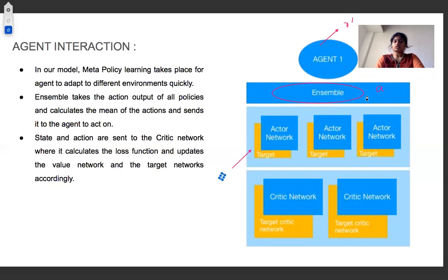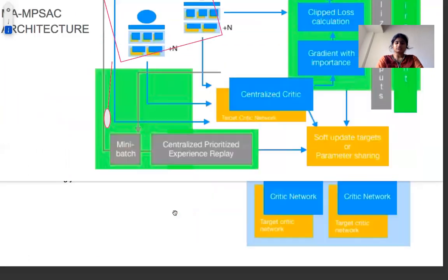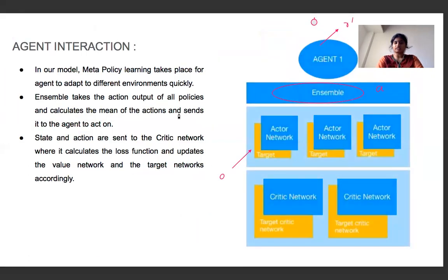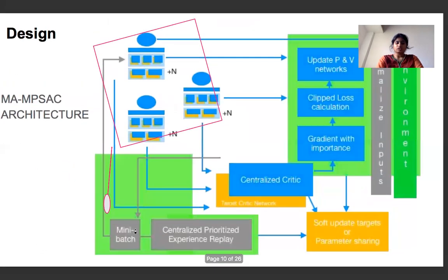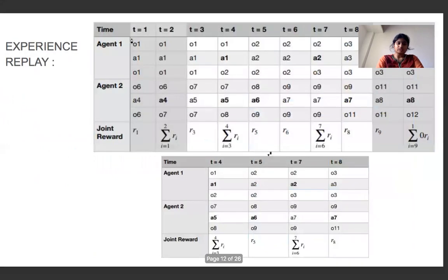The input is O. The action is A. The next state is O dash, and we'll also get a reward after performing an action. So all these agents will generate these four things: O, A, O dash, and R. All those things will be stored in experience replay, as shown here: O, A, O dash, and R for each agent